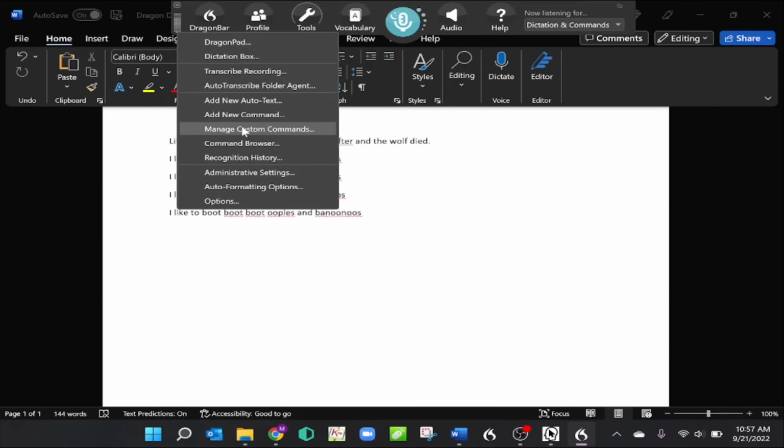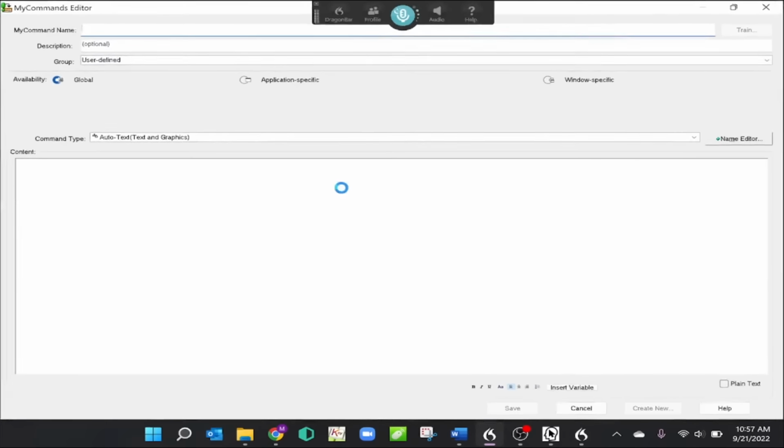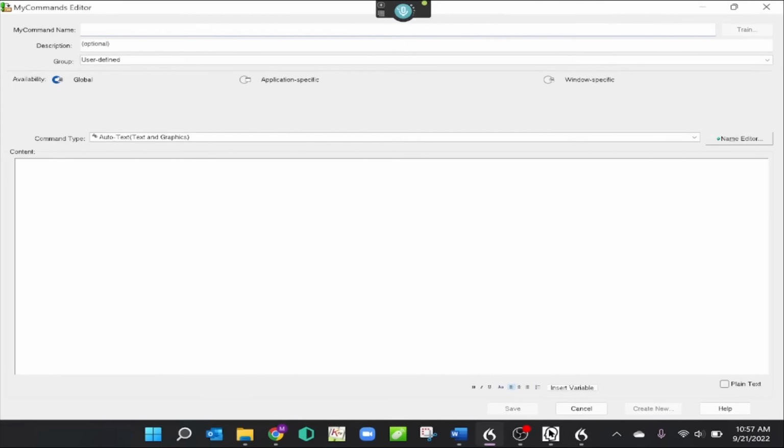So let's show you how to create a custom command here. We go to Tools, Add New Command, Command Name. So let's just create this here by voice. Wake up, insert Little Red Riding Hood story. Capitalize that. Press tab, press tab, press tab, press tab, press tab, press tab, press tab. Once upon a time, there was a little girl named Little Red Riding Hood. Capitalize Red Riding. Period. Blah, blah, blah, blah, blah, the rest of the story. Period. Click save.